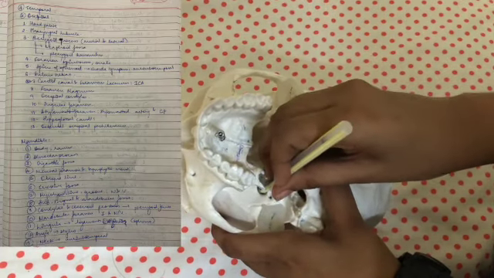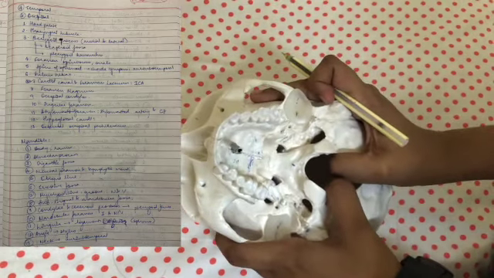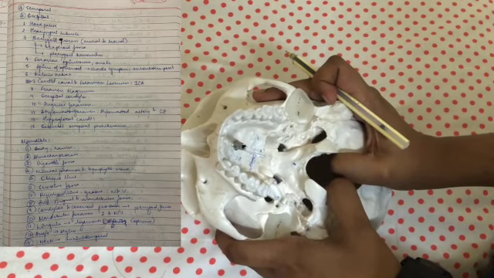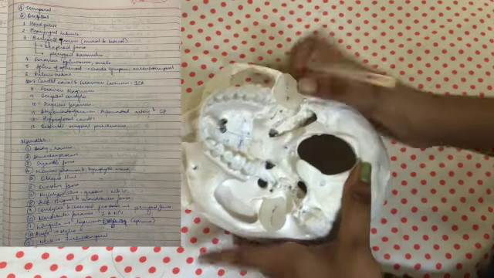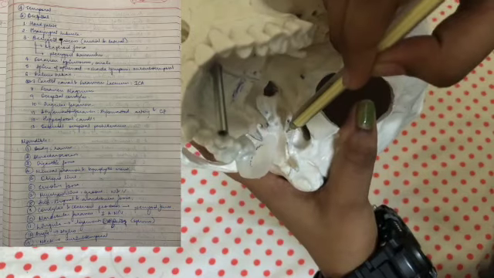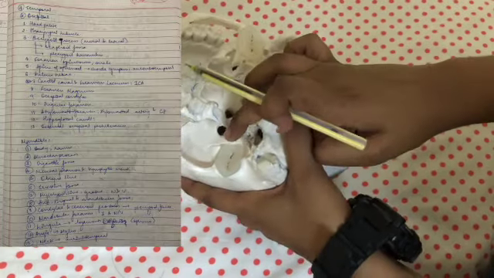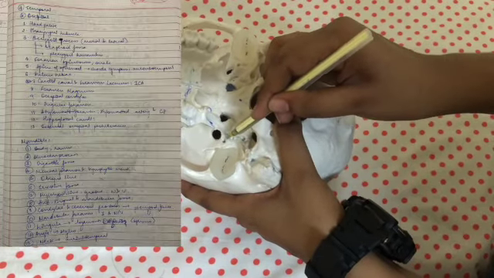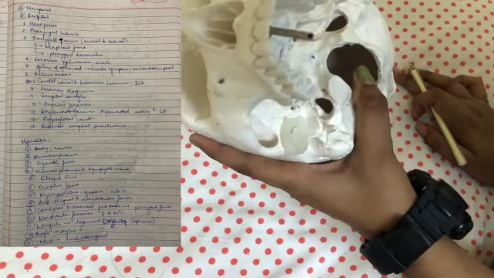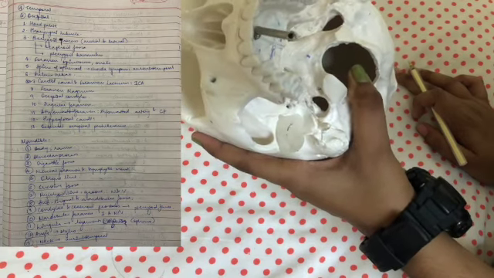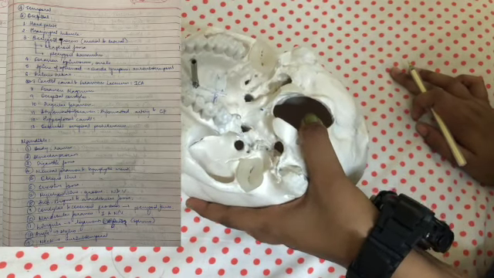I'm going to be discussing this in detail in the cranial fossa. So let us move on to this small spine-like structure you see of the sphenoid here, which is known as the spine of the sphenoid. Do not confuse it with the styloid process. The spine of the sphenoid is very important because you have the auriculotemporal and chorda tympani nerves attached very close to the spine. So any injury or fracture to the spine can lead to disruption of these nerves. These nerves are very important for salivation as they supply the submandibular, sublingual and parotid glands. So there is impaired salivation.